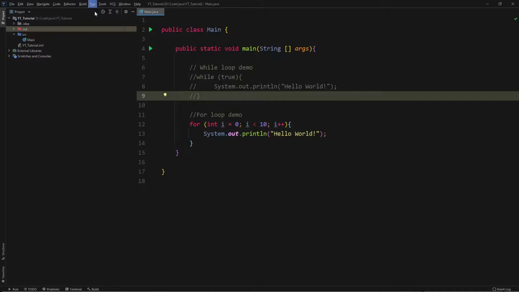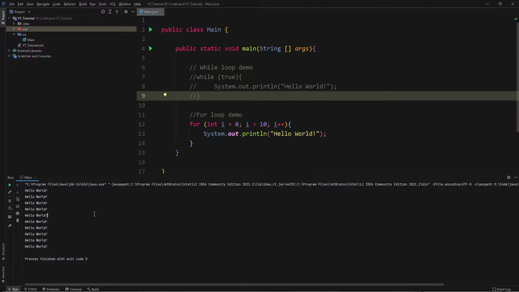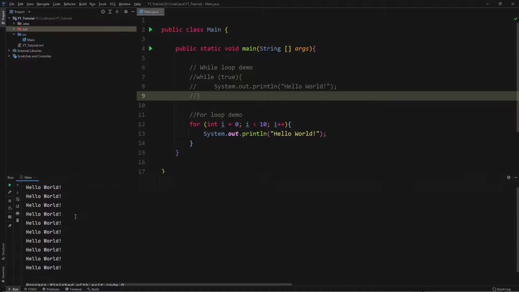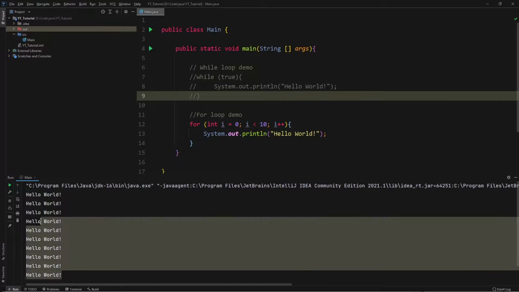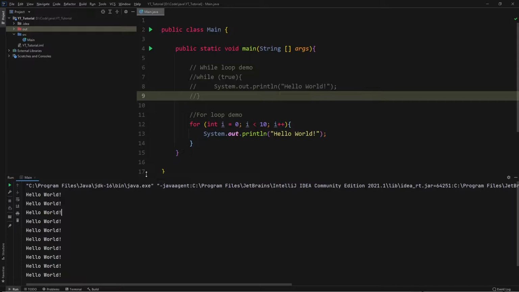So if I click run, there we go. So now you can see hello world, and that's 1, 2, 3, 4, 5, 6, 7, 8, 9, 10 times. One thing we can do with the for loop that you can do with a while loop, but it's easier to do with the for loop,